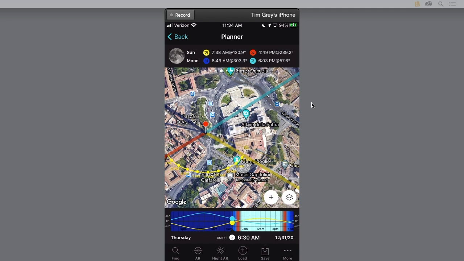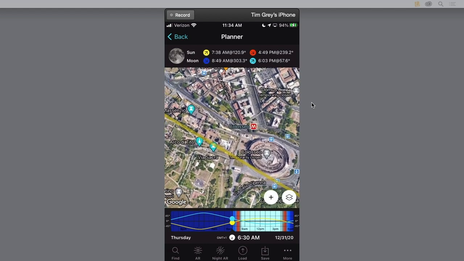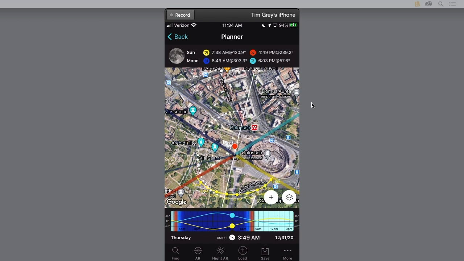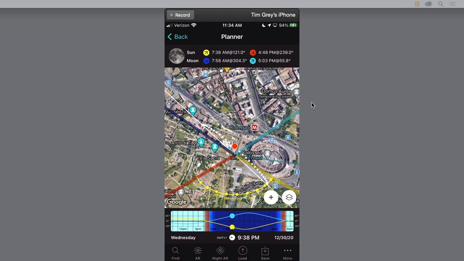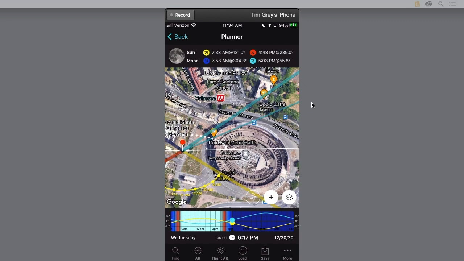In fact, we're pretty close to the Colosseum here, so let's slide down the street here to the Colosseum, and I'll press and hold to position my pushpin here. I'm going to swipe across my timeline to get back toward that moonrise time. And so we could take a look here for the moonrise. Notice that I can find a position here where I'll zoom in a little bit closer, where just after moonrise,